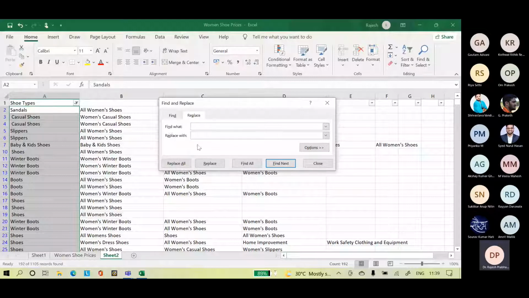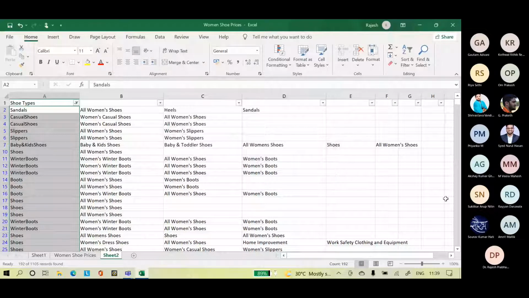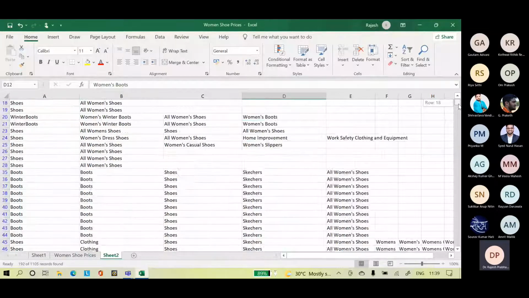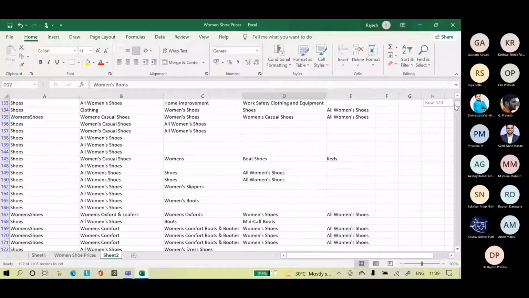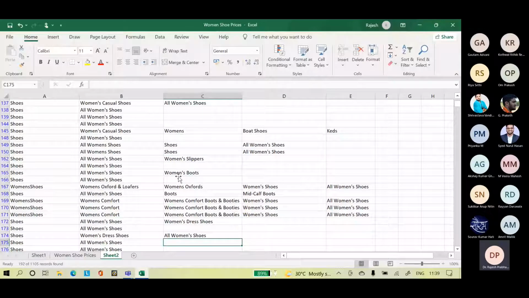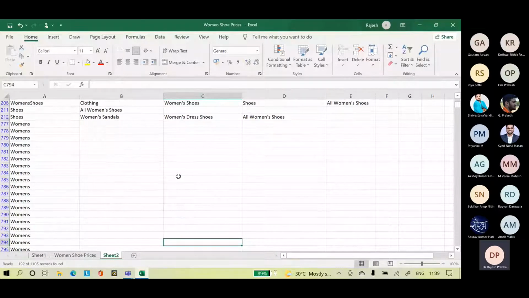Find the space, replace all. Okay. Now in one go, I have removed the word women. So with a single step, we have removed women and converted it into shoes.